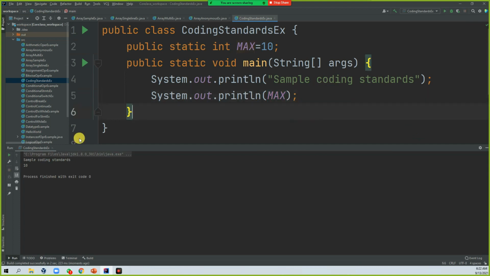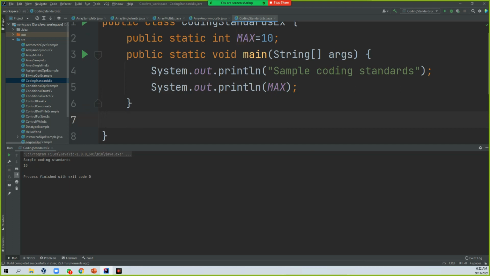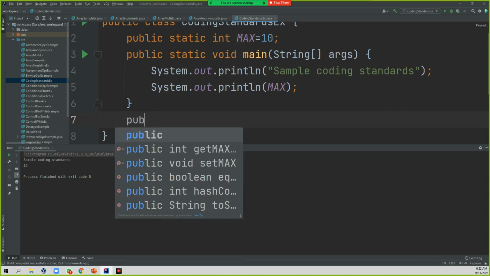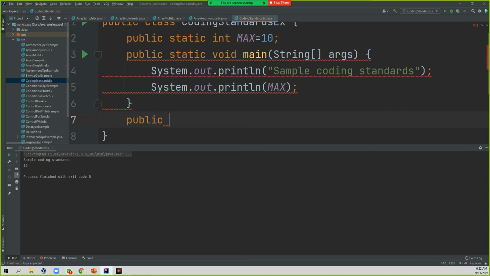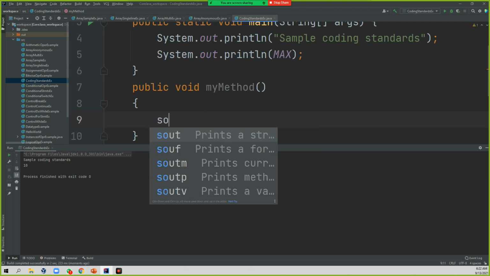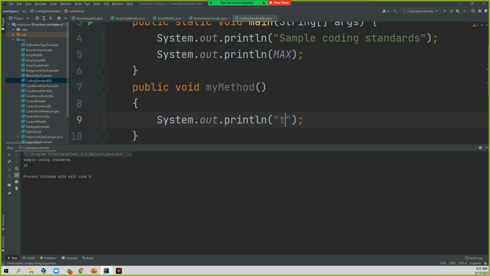If I write some other method, public my method, this is my method.